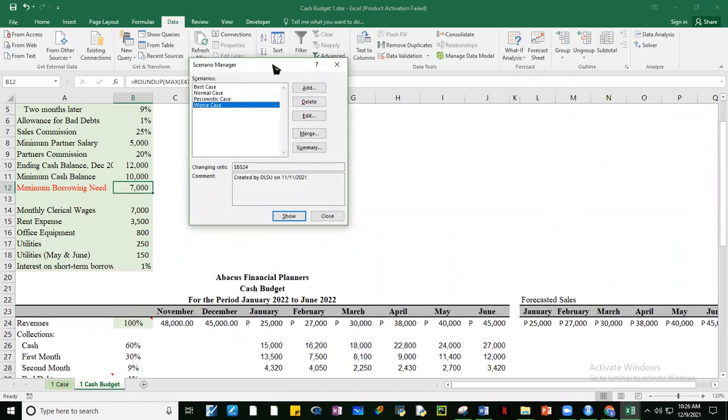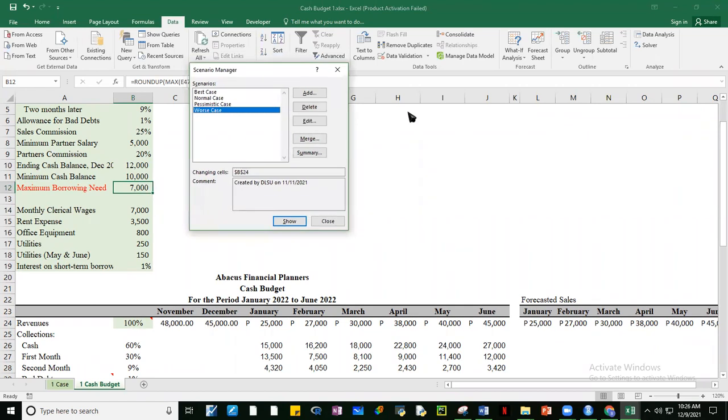Now, meron ba kayong nakalagay dyan ng mga values, guys? Meron ba? Paki-chat nga please kung merong ditong best case, normal, etc. Do you have that? Okay, yes.